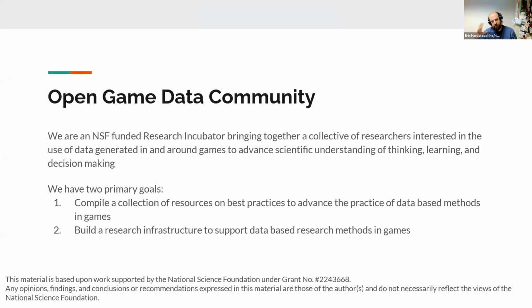But then also long term, we're looking to build some shared infrastructure to actually be able to do this stuff together. And so another thing these office hour sessions are helping us understand is what are the needs of the community and what are their interests.